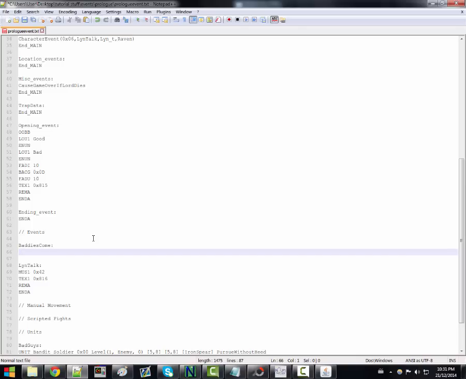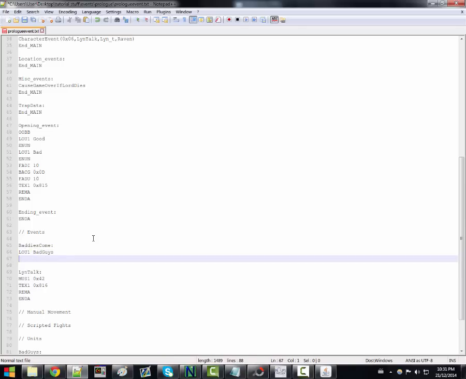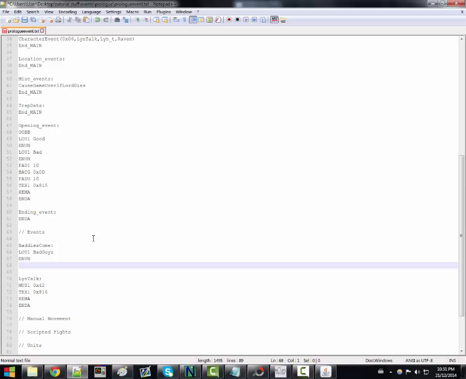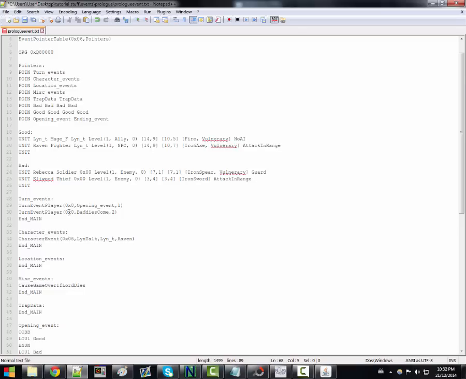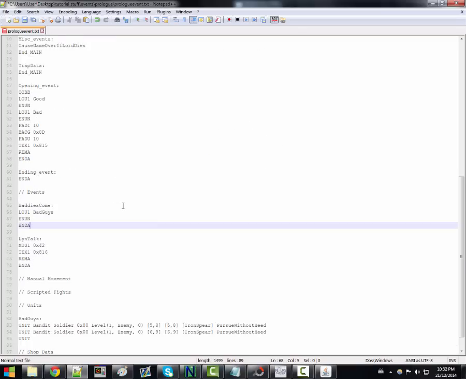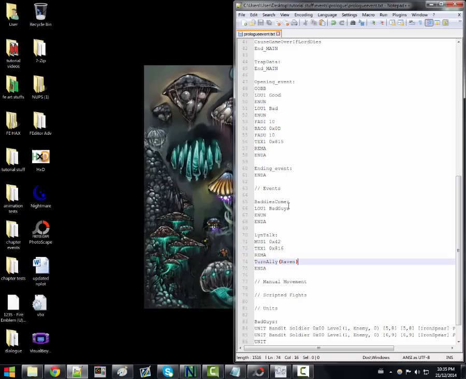Okay, did you get it? Well, if you mess it up, remember it's LOU1. In this case, it's going to be bad guys, and we're going to have enone, and that's it. That's our event. Baddies come. So on turn, if we go here, baddies are going to come at turn 2. Awesome. So now that we have all of this ready to go, we have our opening event, our turn event, and our talk event where